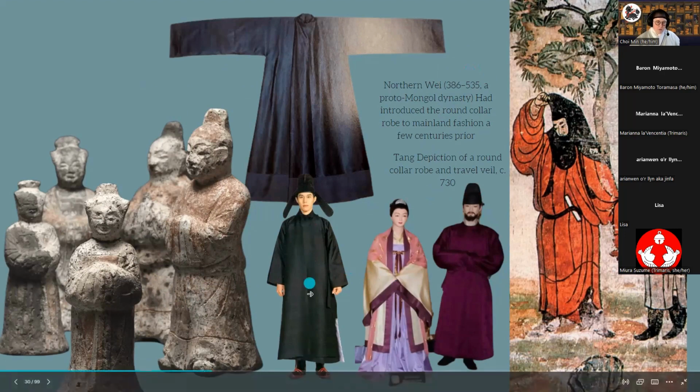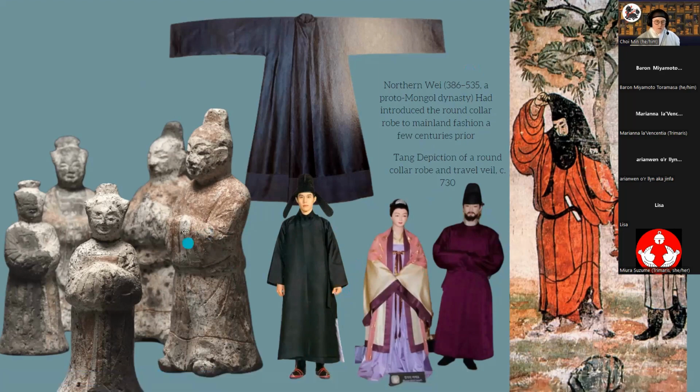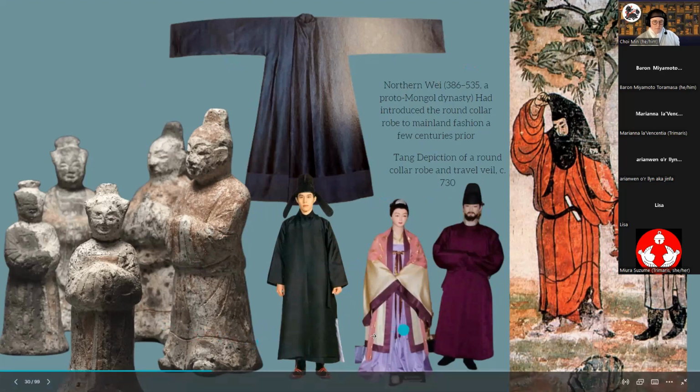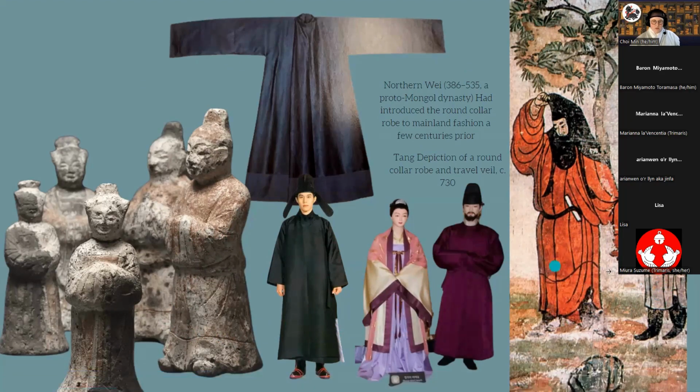So here's one reproduction. See how it's kind of short and then really the sleeves stop here. But in the extants, all of these are super mega bunched up, and the painting here, this is a Japanese painting of a man from Tang Dynasty, and I think it's contemporary, but basically we're seeing a seam here that's pretty high up, just like these here. So the end part would have been a seamed-on thing, but you can see this one didn't, so it's just kind of to add length probably. And here's like a traveling hood.